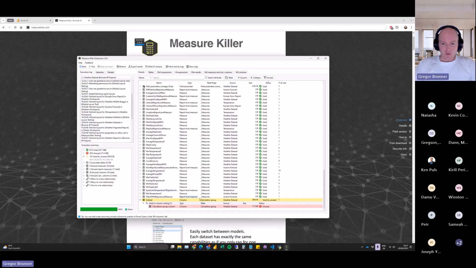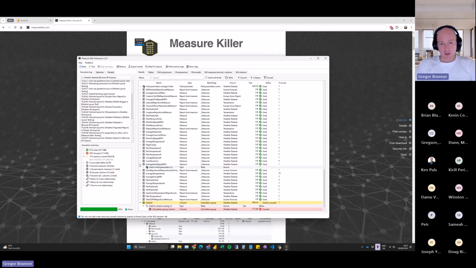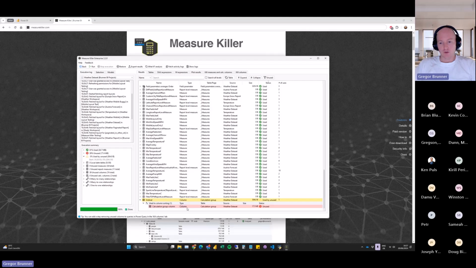That's actually not a really good example here, but anyway, I'll try. So imagine we have something that is used. In this case, this ordinal column is used in a column sorting. Okay, so it's used in the model, but then imagine it could be used in something that is only unused